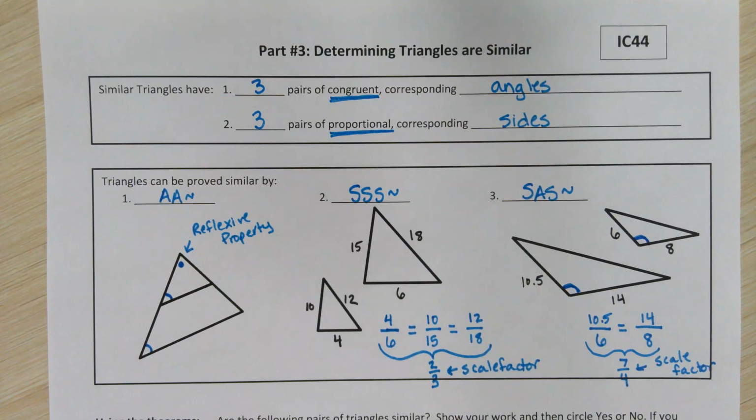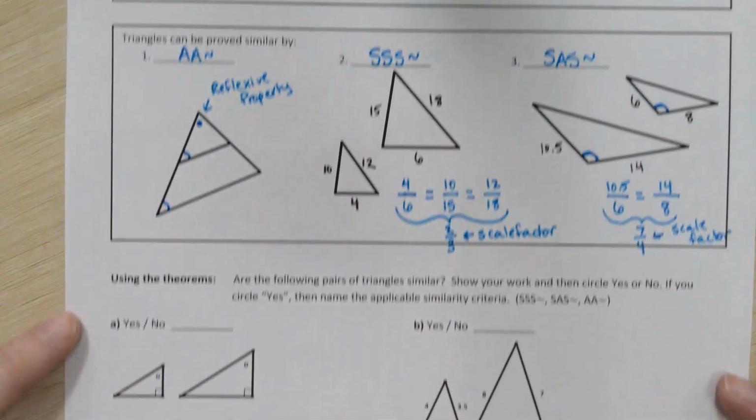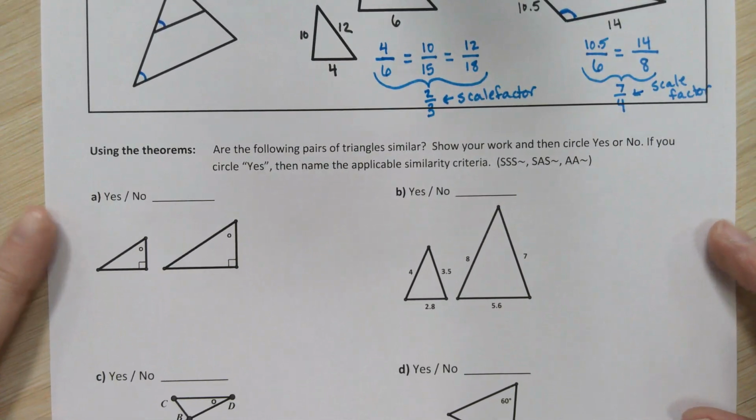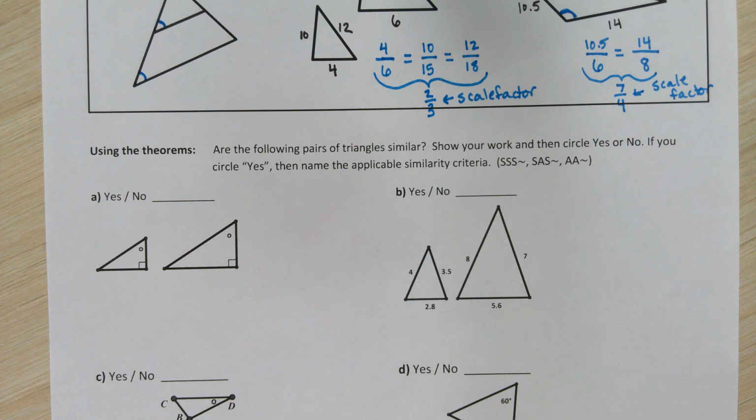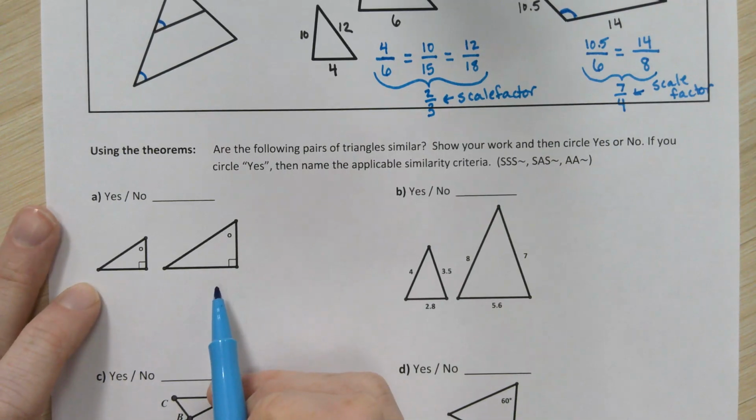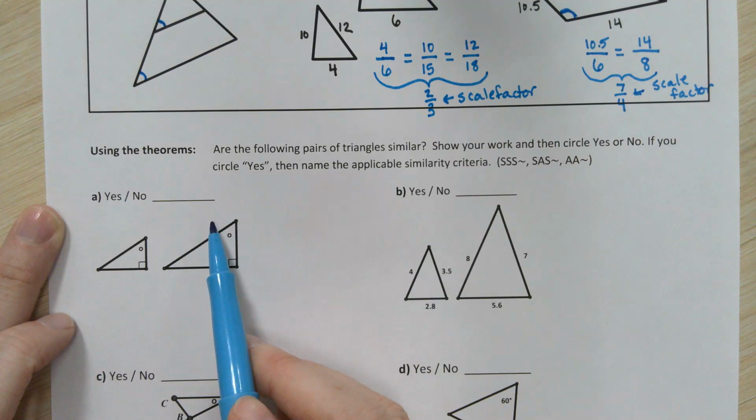Okay. The rest of our time on In-Class-44 is going to be practicing those ideas to see if we can identify whether or not triangles are similar. We need to show our work. We're going to circle yes or no, and if we circle yes, we're going to say which of those 3 similarity criteria we're noticing. So taking a look at example A here, I don't have any information about sides, so